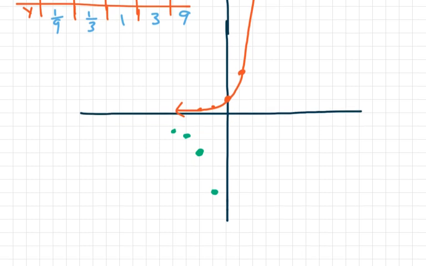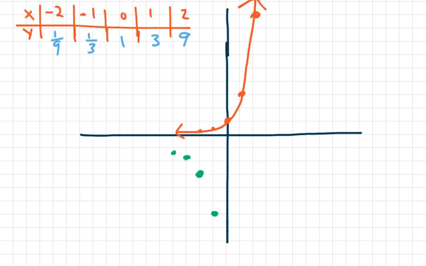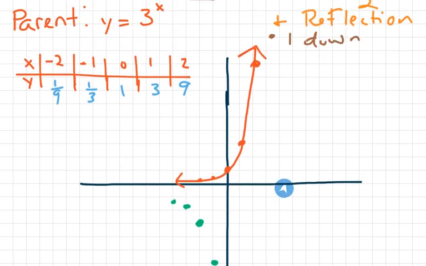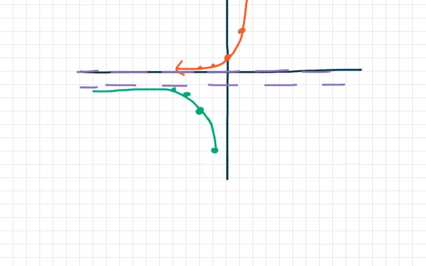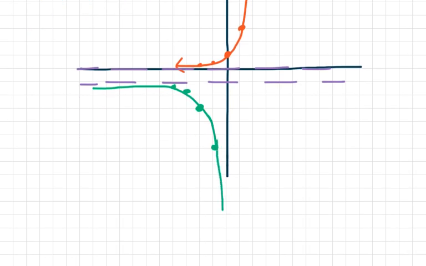So let's draw our curve. Remember, we went here. This was our original line that we're not going to cross. The transformation with 1 unit down changes this. So instead of being the x-axis, this purple line here, it's now going to be 1 unit down. It's going to be this line right here. Okay, so that curve of ours should not cross or touch. Let me move this down so we can finish the graph. Is not going to touch or cross this line now, this y equals -1, because we slid everything down 1